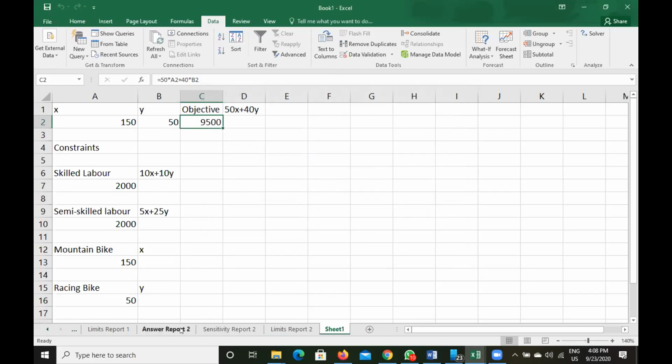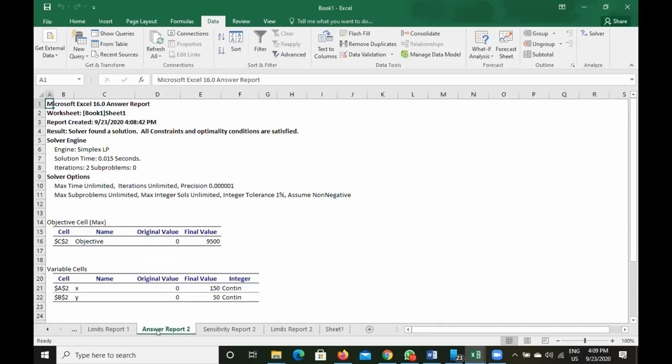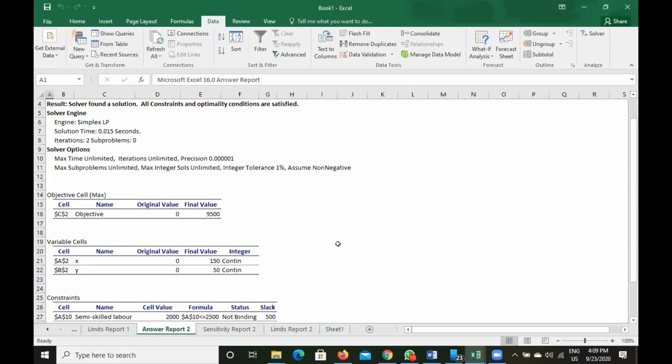Now we look at answer report 2, because the previous answer report is already there as answer report 1. This is the second problem, so click on the answer report 2 sheet. You will see that the maximum contribution that we can get is $9,500.